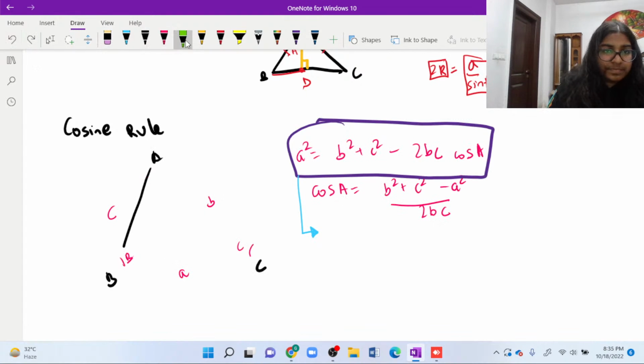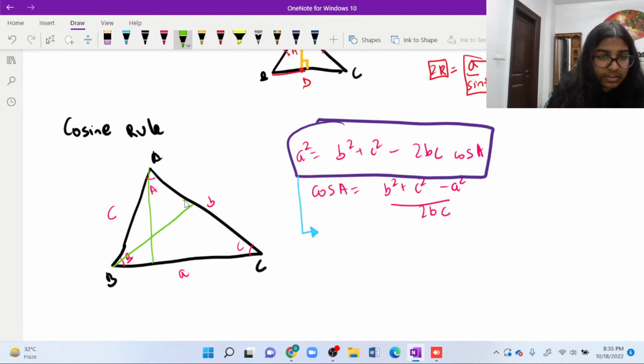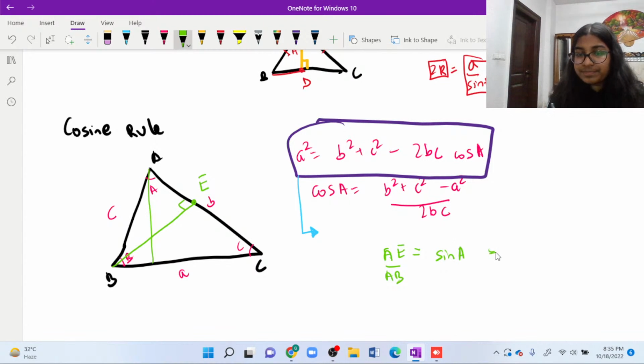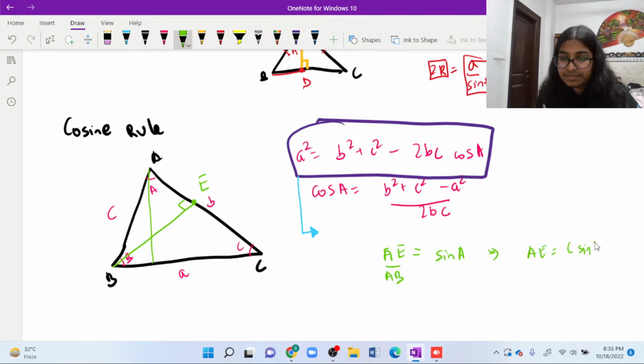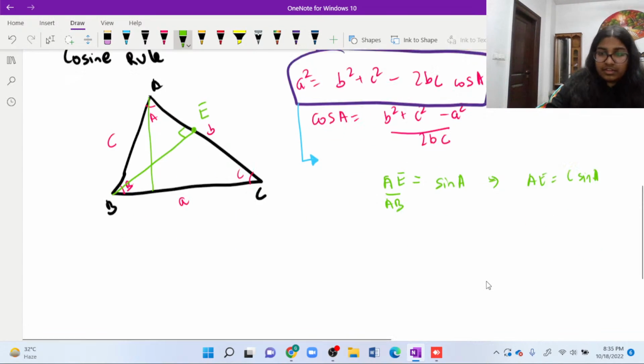Let's drop the B perpendicular and let this be E. We know that AE, in this triangle, if you see sine of angle A, that is AE by AB equals sine A. So AE equals AB sine A, which is c sine A, and